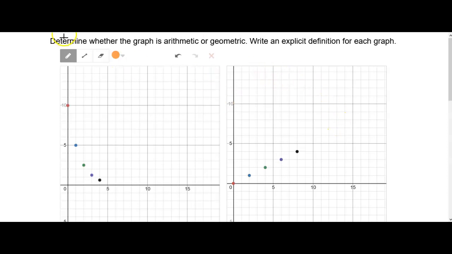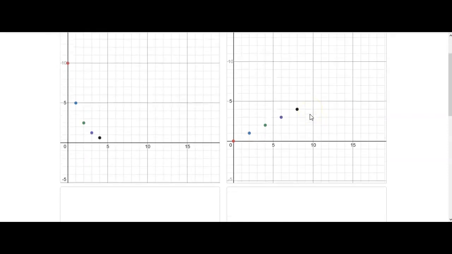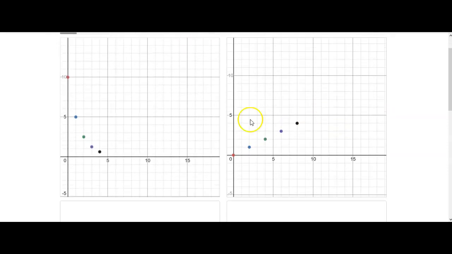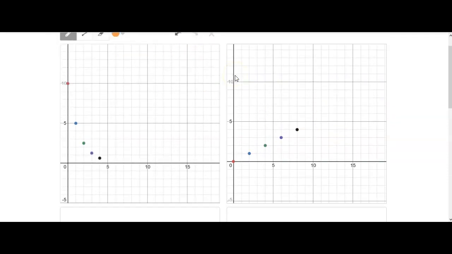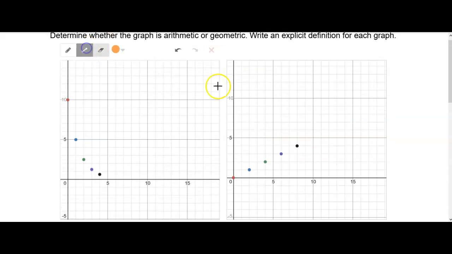All right, last one that we're going to look at is this one right here. So again, just by looking at this, you should be able to, oh, here we go. Now you can see these right here because I have my drawing off. Now we have to be really careful with this one, okay? Because if you look at this, you should be able to tell right from the start